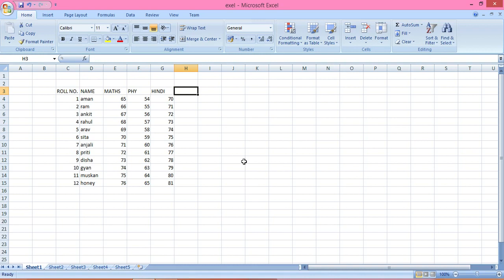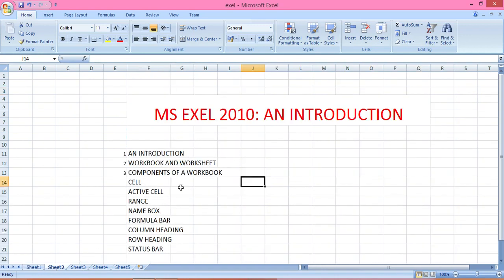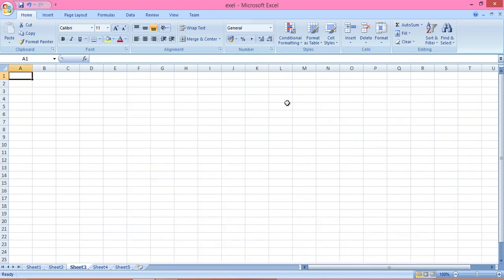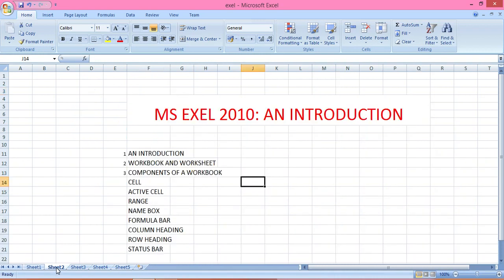And what is a worksheet? A workbook is like a notebook which consists of a number of pages called worksheets. So this area, this page in which we are working, is called a worksheet. If we go to Sheet 2, this is also a worksheet. These pages are called worksheets and the entire window is called a workbook. Hope now you understood the difference between workbook and worksheet. When it contains various pages, or what is displayed in the window, it is called a workbook, and the single sheet is called a worksheet.